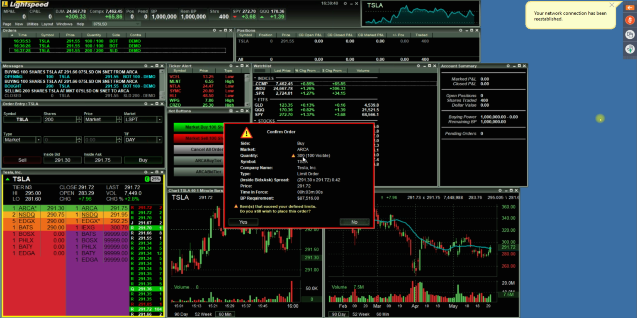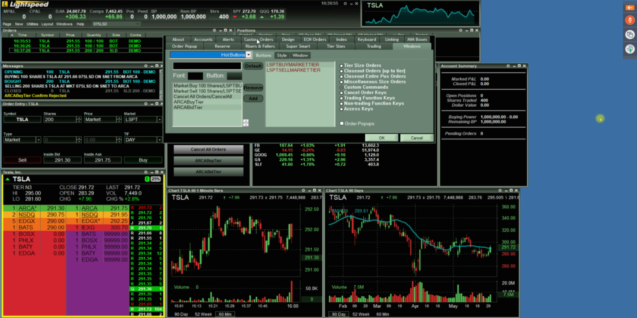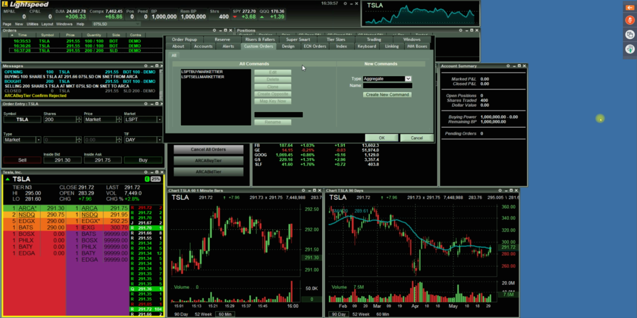It's a way to set your default share size in different manners as well. So instead of creating 10 different buttons for order size, you can create them based off of tiers. So let's go into a custom order tab here. You go into your custom orders window and you would select to view a